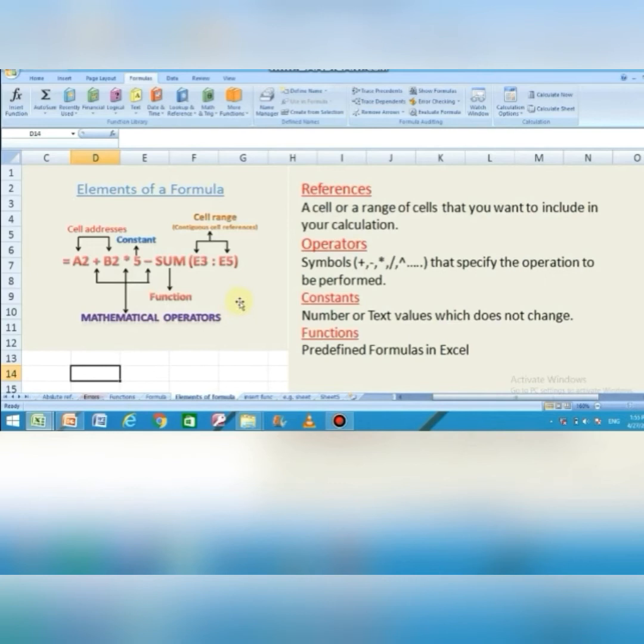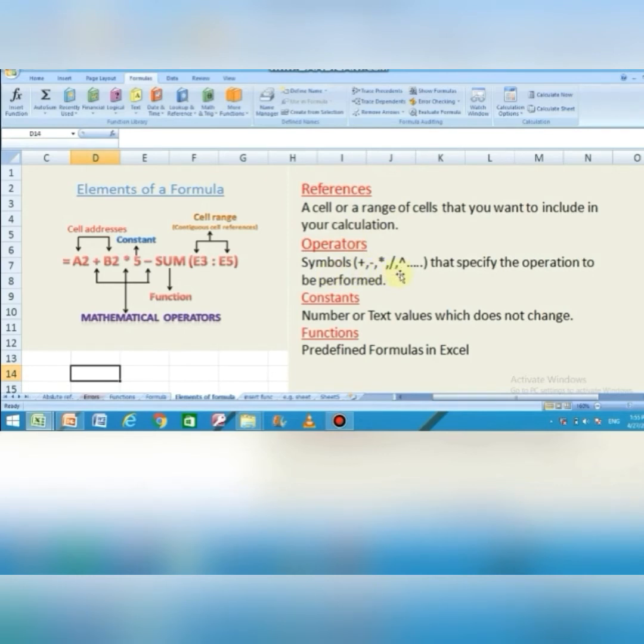So what was the first element of a formula? References. A cell or a range of cells that you want to include in your calculations. Next one is operators. Symbols that specify the operation to be performed.